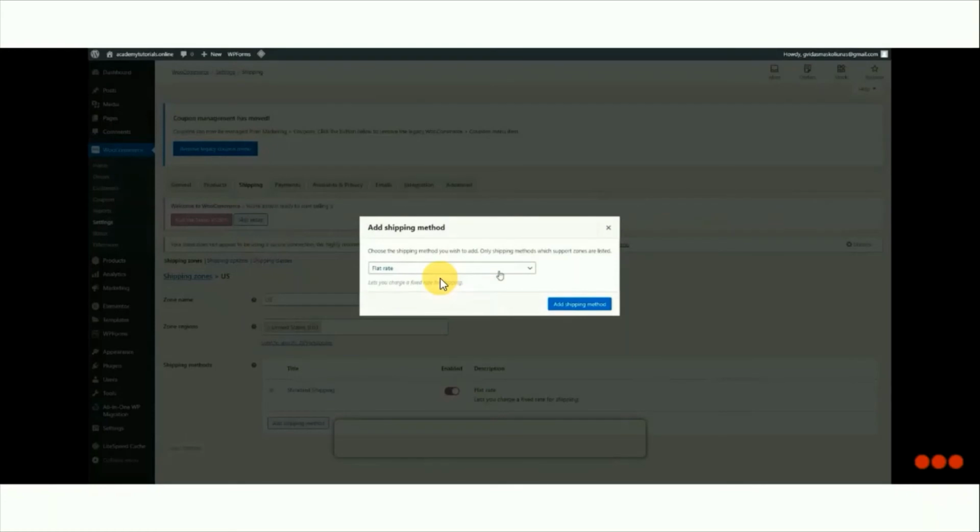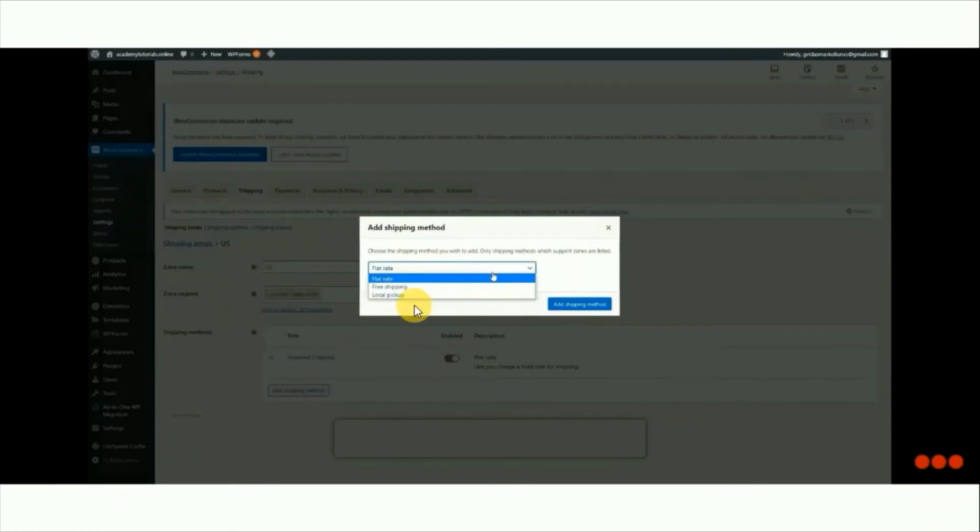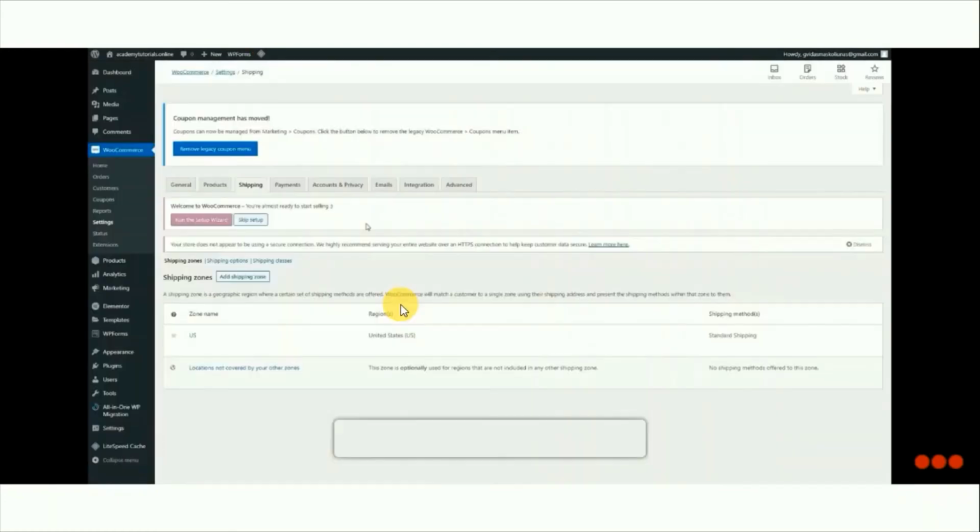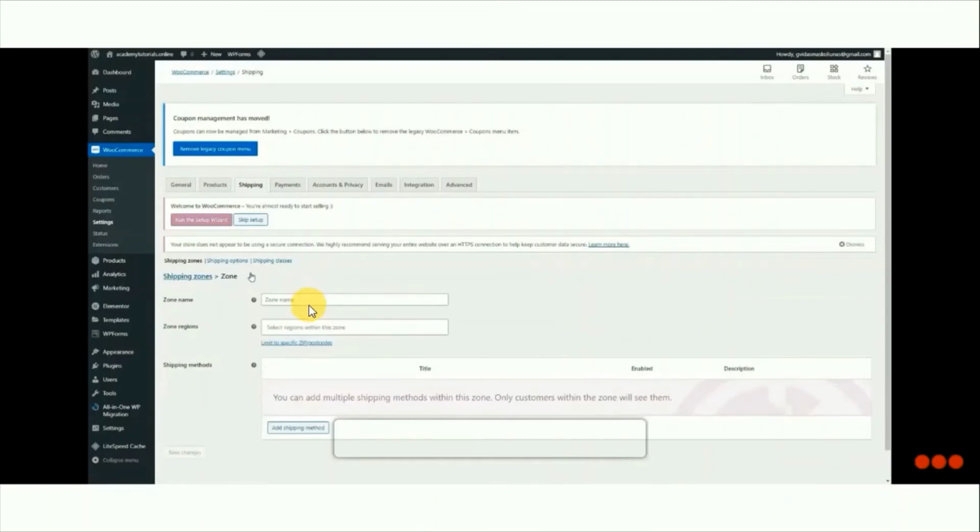Here you have three kinds of shopping methods, as I have just told you. And then we can even add more zones also. We can even give a number of zones, and we can even add some express shipping methods also. But as we have seen in the previous shipping method that we have created, we have restricted the zone to be US. So only the US people who are ordering your products will be receiving it